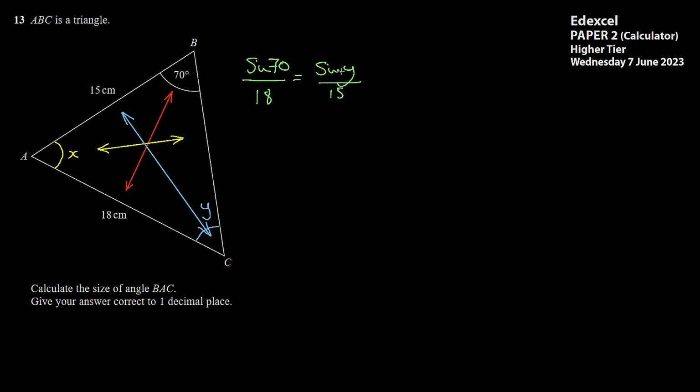I like to do a bit of a rearrangement before I bring in the calculator. I can say, using cross multiplying, sine y is equal to 15 multiplied by sine 70, divided by 18. Popping that into a calculator, I get the answer of 0.783, and on it goes, and therefore y, which will be sine to the minus 1 of this answer, is found to be equal to